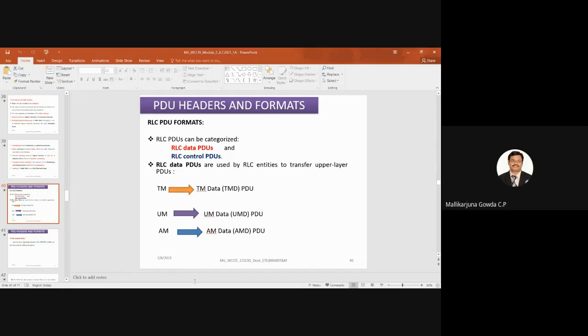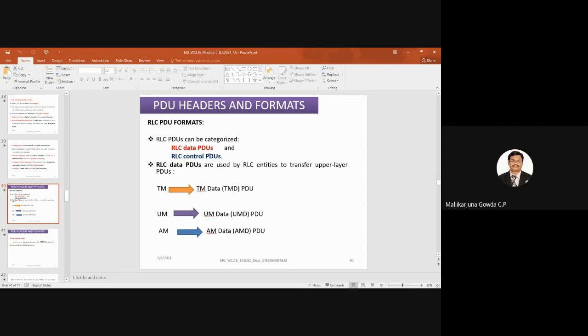PDU formats. So RLC PDUs can be categorized into two types. One is the RLC data PDU. PDU means packet data units. So RLC data packet data units and RLC control packet data units. These RLC data PDUs are used by RLC entities to transfer upper layer PDUs.